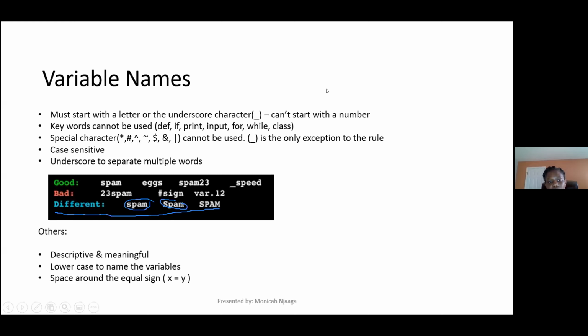Now, moving along, there are also some other prettify or beautify kind of best practices. You want to give your variable names descriptive and meaningful names. For example, students count, you can almost guess that that is the number of students that you have in a class. If I called it something like SC, you wouldn't really know if I'm talking about South Carolina or, you know, Saidia Church. You never know. So you want to give it something very descriptive.